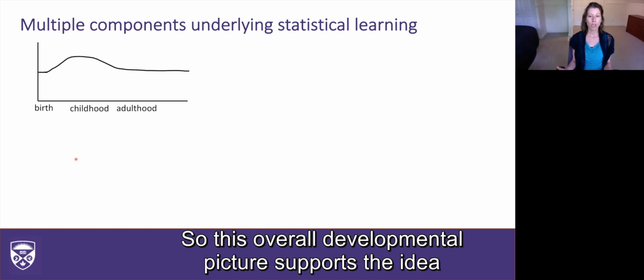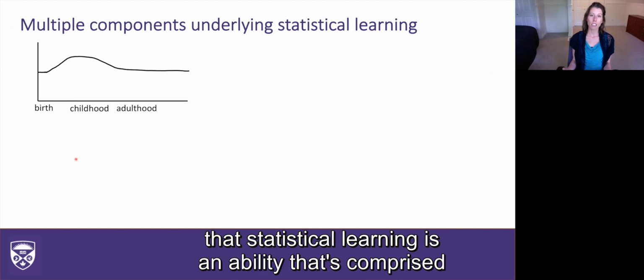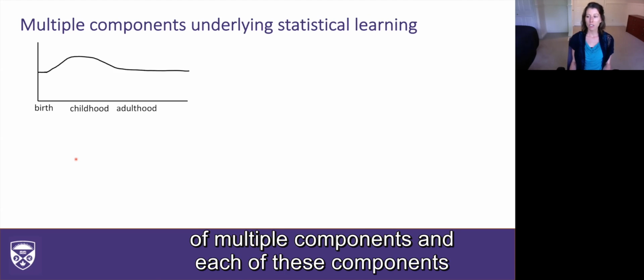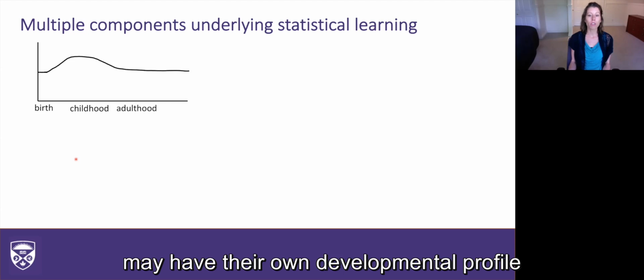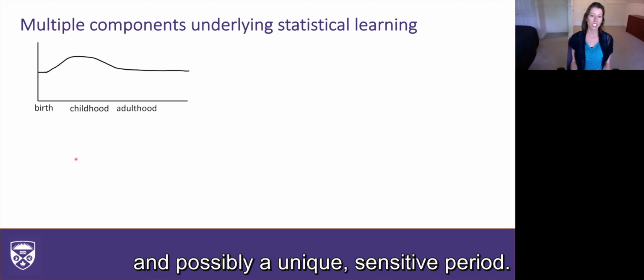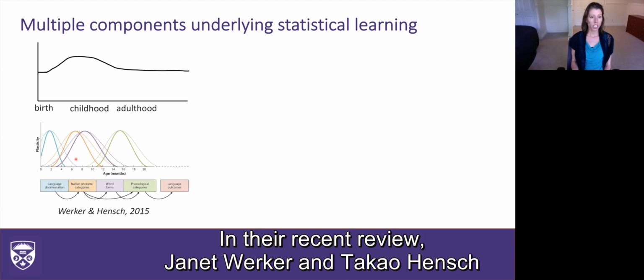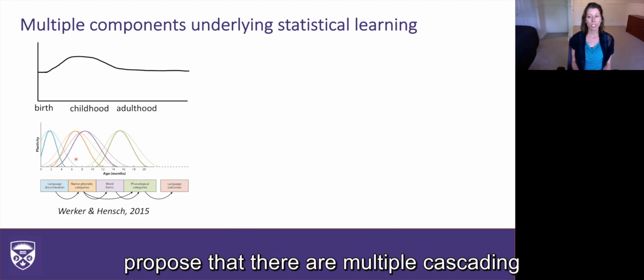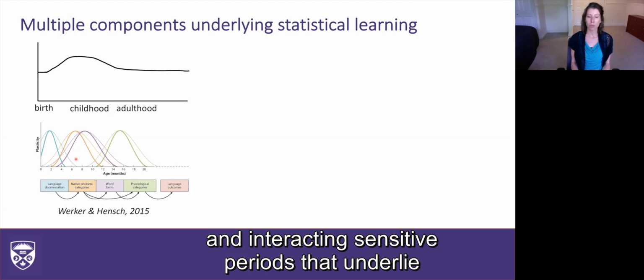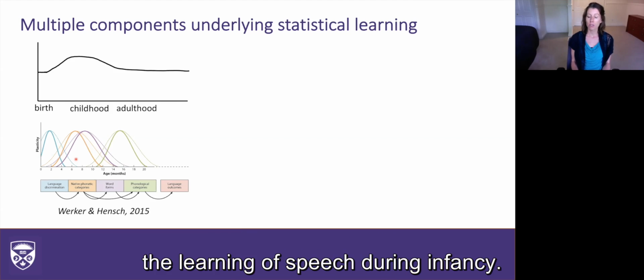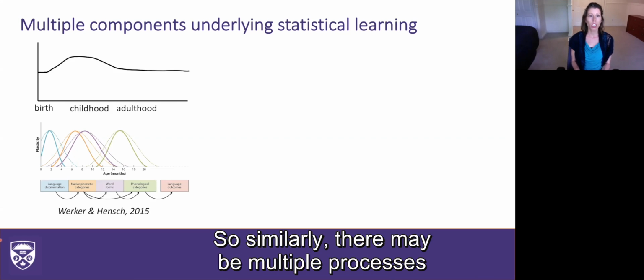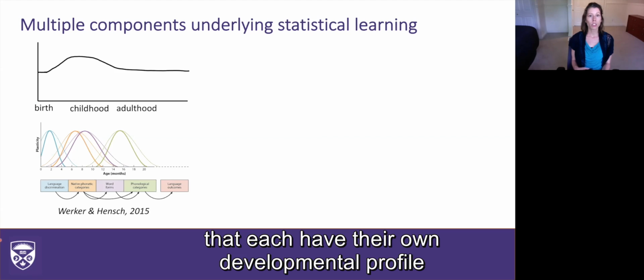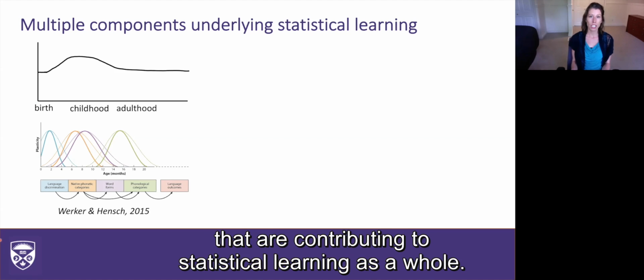So this overall developmental picture supports the idea that statistical learning is an ability that's comprised of multiple components. And each of these components may have their own developmental profile and possibly a unique sensitive period. In their recent review, Janet Werker and Takao Hensch proposed that there are multiple cascading and interacting sensitive periods that underlie the learning of speech during infancy. So similarly, there may be multiple processes that each have their own developmental profile that are contributing to statistical learning